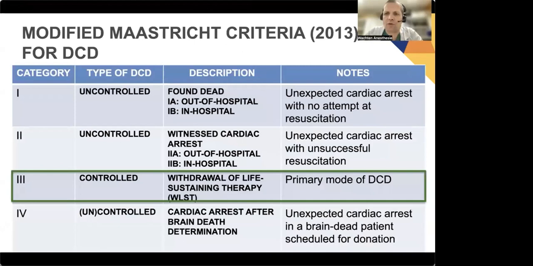This is especially true when we are dealing with donation after circulatory death or DCD organ donation. Worldwide, we know that a lot of donors are DCD organ donors, which means that these are donors that are really dependent on life support in an intensive care setting, but where further therapy is futile and where we decide to interrupt and to withdraw life support in a very controlled setting. We observe when circulatory arrest occurs, we declare them dead, and then they are procured for organ transplantation.